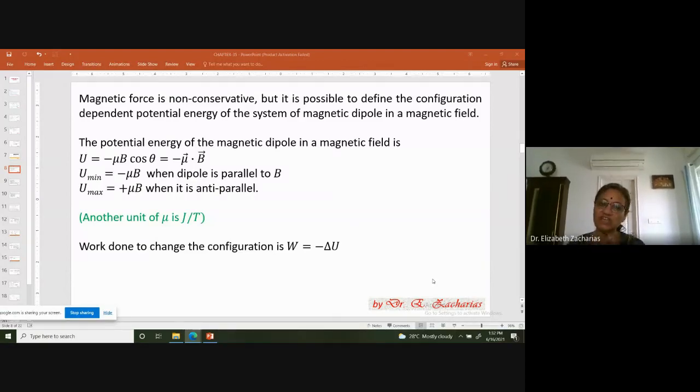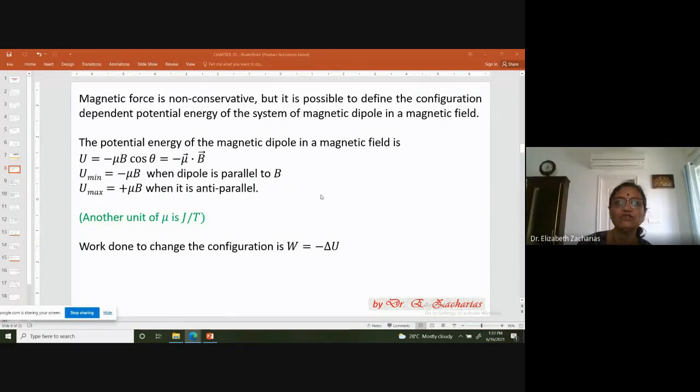So we started seeing that the magnetic dipole moment is actually a source of magnetic field. We saw how the magnetic field falls off as the cube of the distance. Then after that, we have seen that a dipole is affected by an external magnetic field, and that it will experience a torque so that the dipole moment is parallel to the externally applied uniform magnetic field.